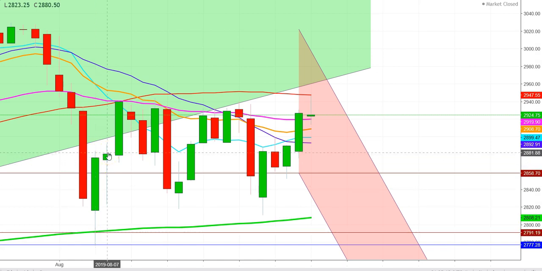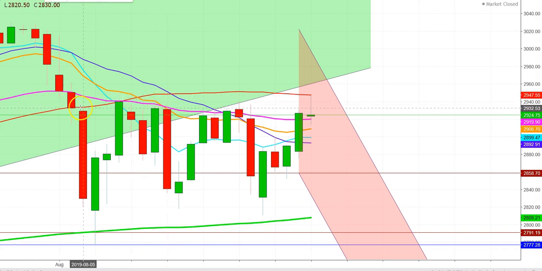Here you can see that on August 7th, once again we witnessed some selling pressure when the S&P 500 futures touched the levels of 2823, but due to the thick presence of buyers, S&P 500 futures started to move upward, and here you can see that this buying continued on August 8, 2019, but since then here you can see that the S&P 500 futures have been constantly witnessing a lot of selling pressure at these levels.